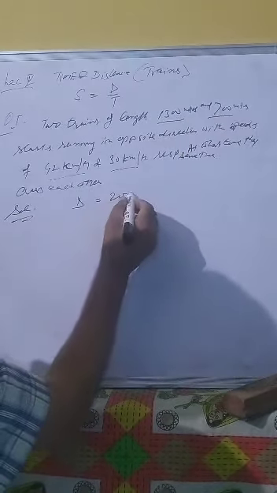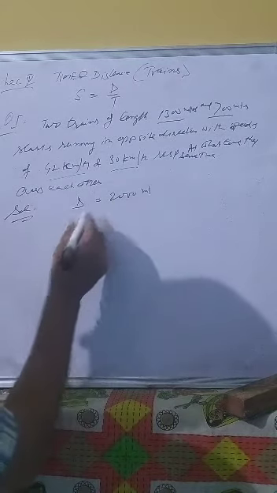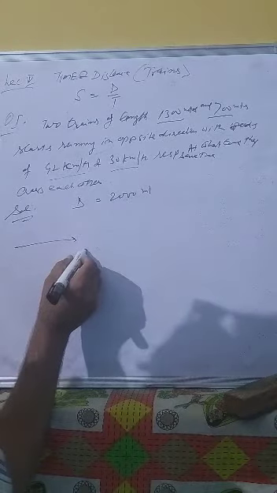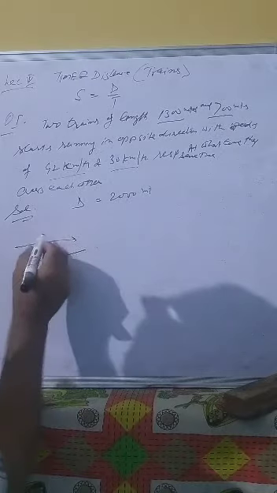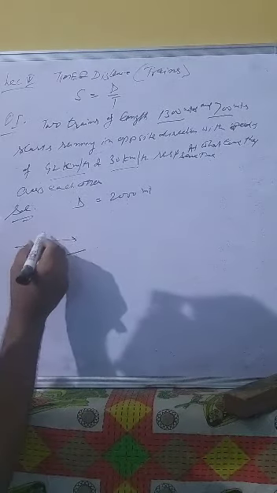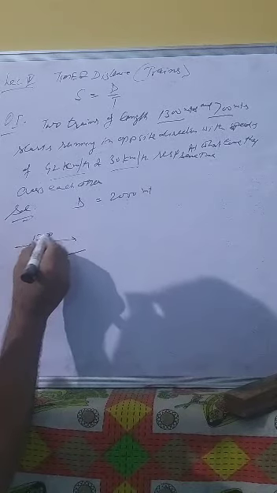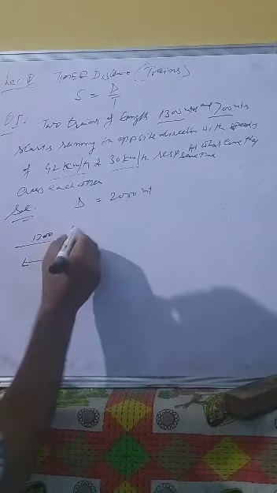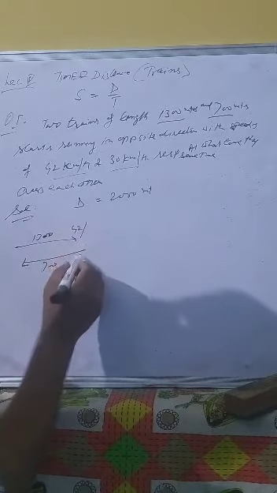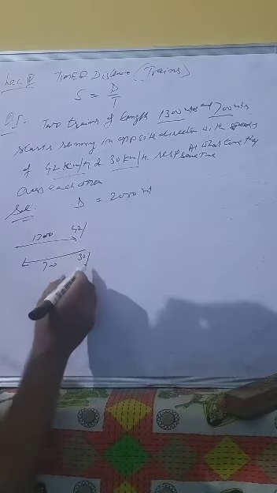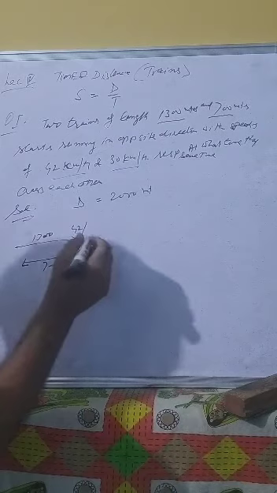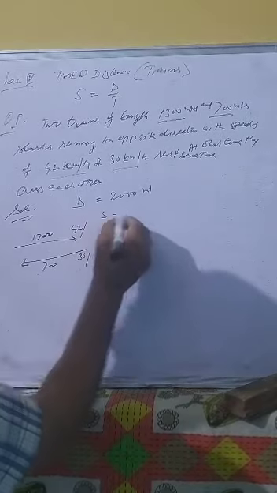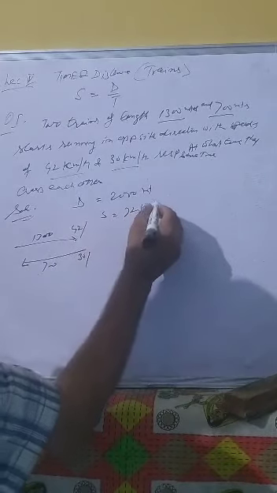It is 2000 meters. The trains are in opposite directions. This train is 1300 meters. This is 700 meters. Its speed is 42, its speed is 30 km per hour. Now the relative speed is the sum of the speeds. We have to find the speed. It is equal to 72 km per hour.